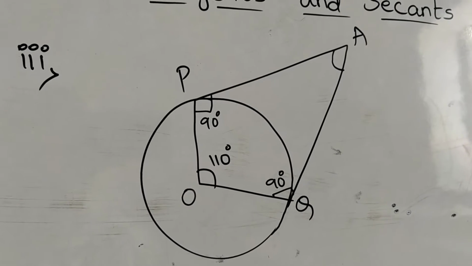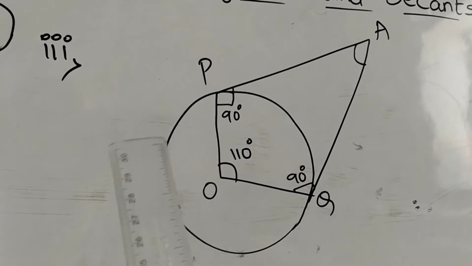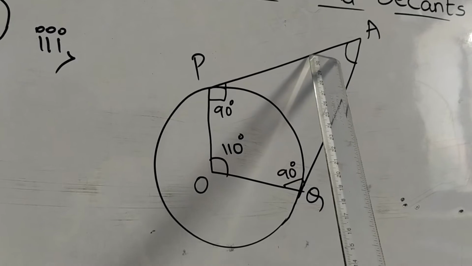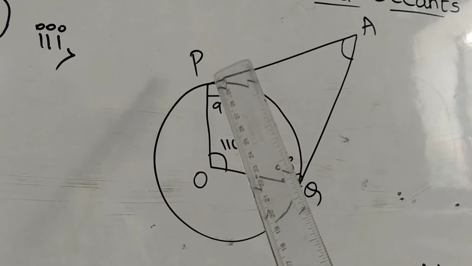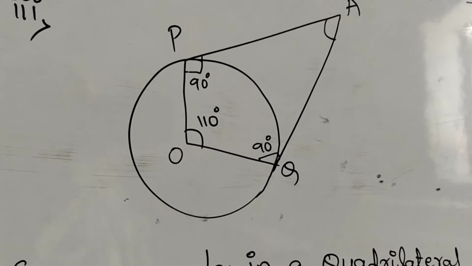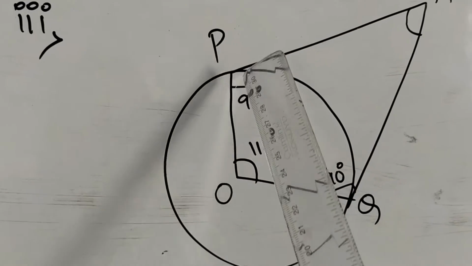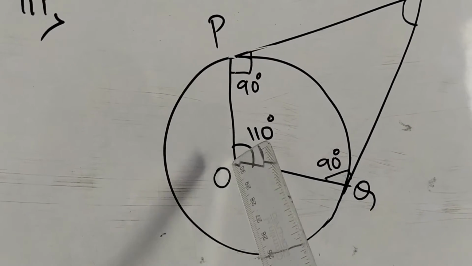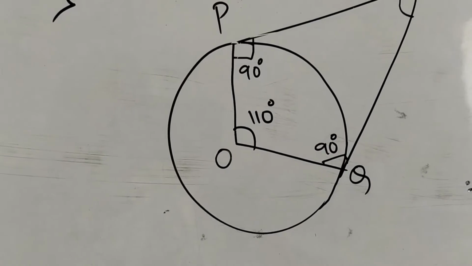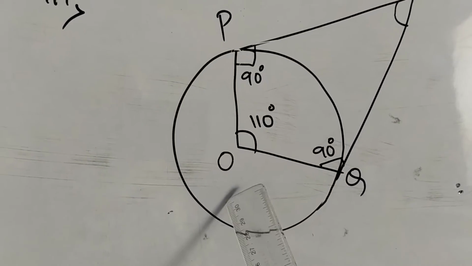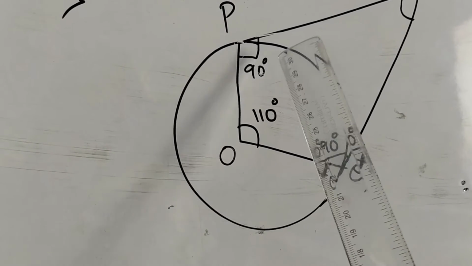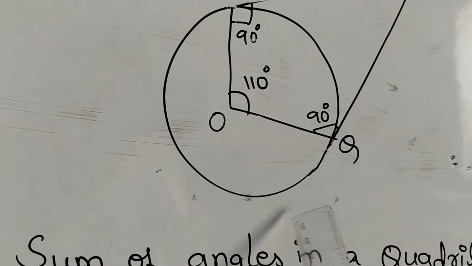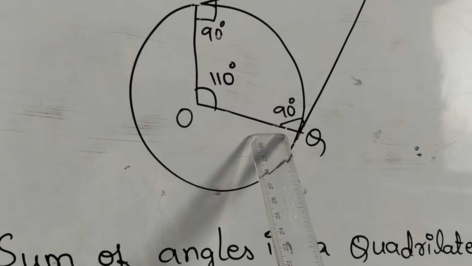Let us see the solution. See here students, this is the third one. This is the diagram given, and here one angle is given, 110 degrees. We have to find this angle A. Now I am writing here these two angles as 90 degrees. Why I am writing: see here, this tangent line is perpendicular to the radius. This we have discussed in an earlier video. So if two lines are perpendicular to each other, then the angle will be 90 degrees. So here it is 90 degrees, and here also similarly the radius is perpendicular to the tangent of the circle, hence it is also 90 degrees.